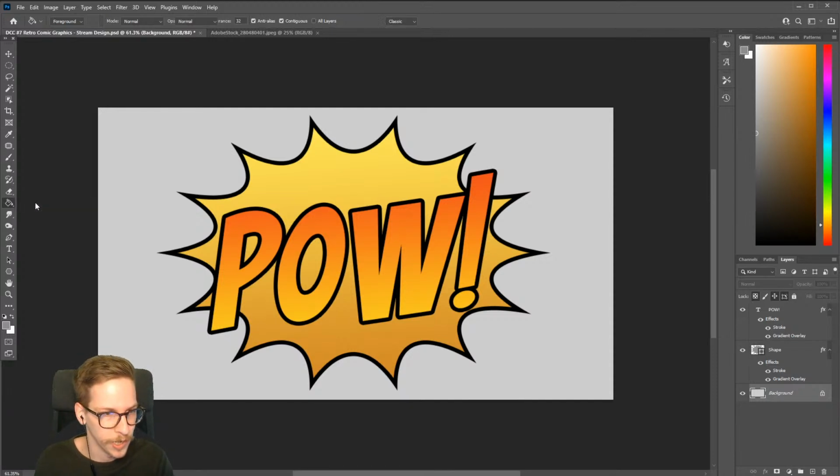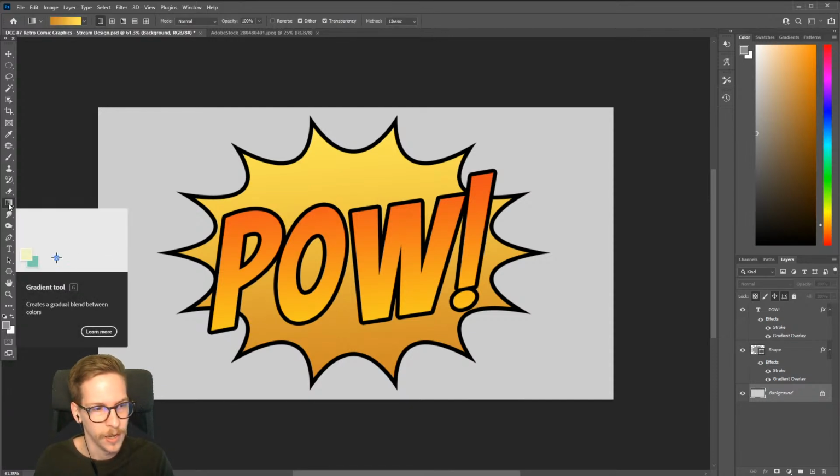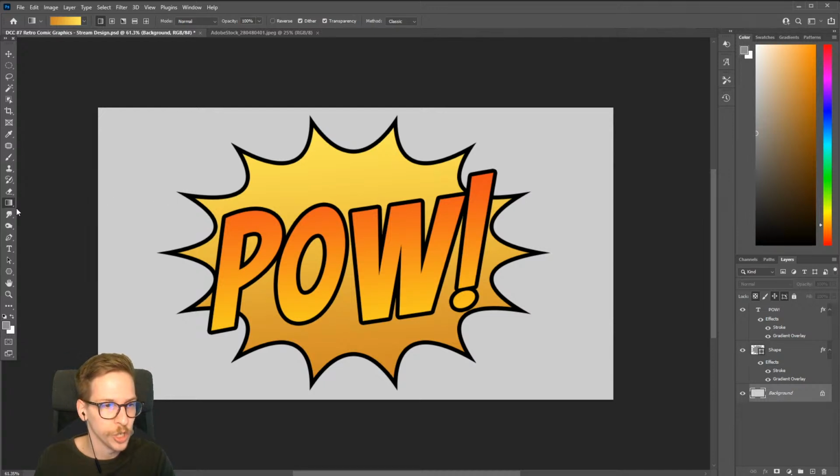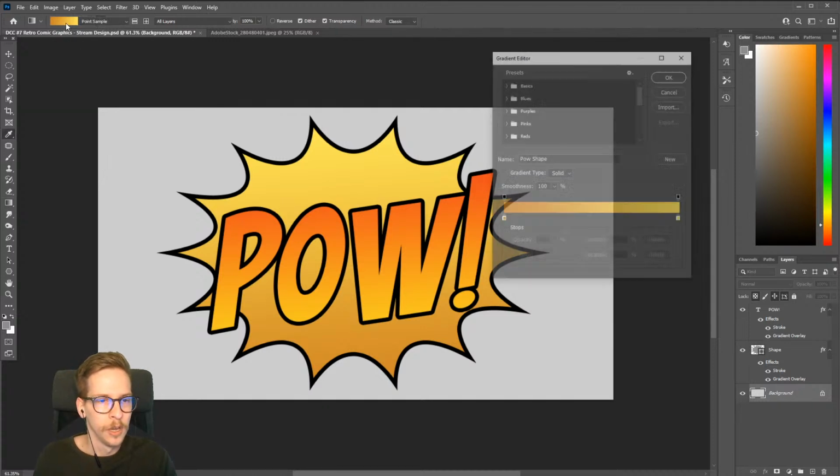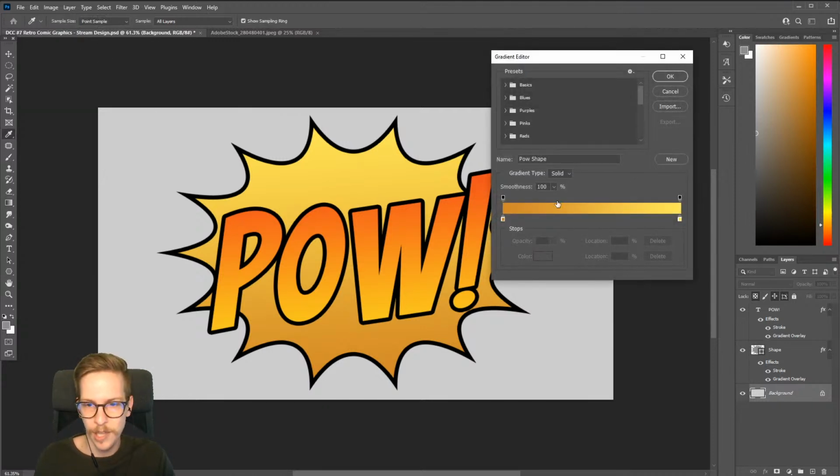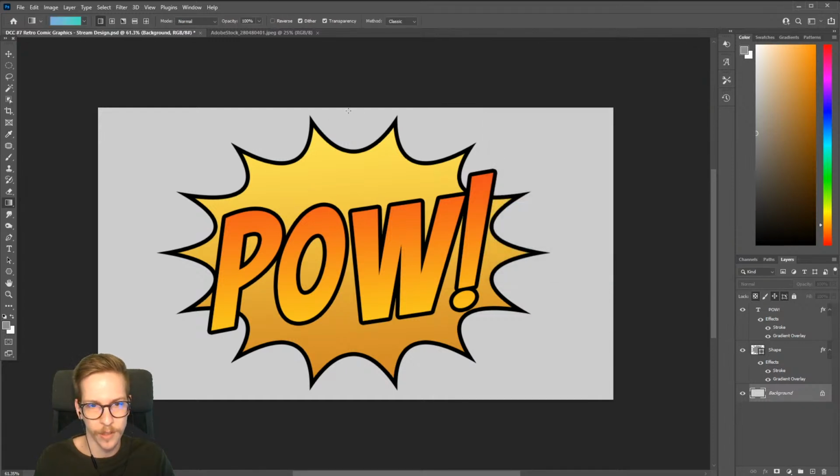So I'm going to go to my gradient tool here on the left-hand side, G. You can also hold Shift if you want to press a hotkey and switch between the ones when you click and hold. So Shift G, I could go to my paint bucket, Shift G to get back to my gradient tool. From here, I want to go up to the top left, click the gradient,